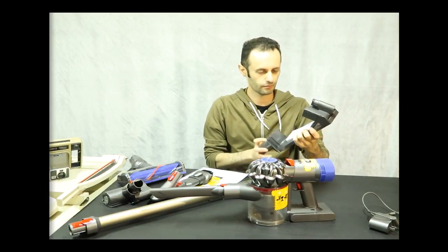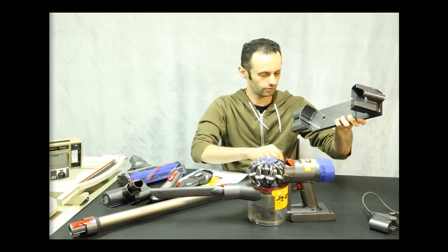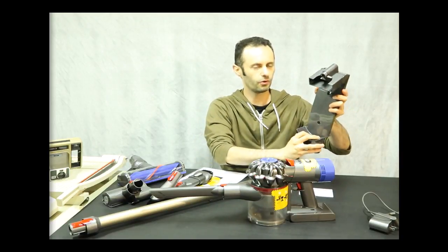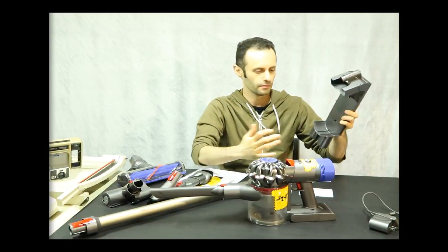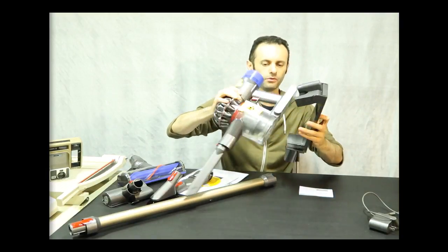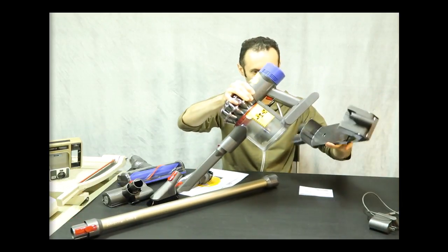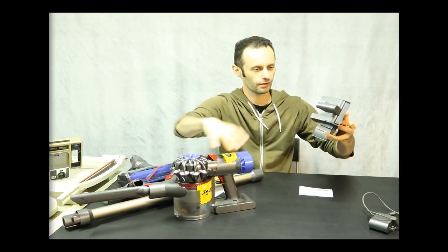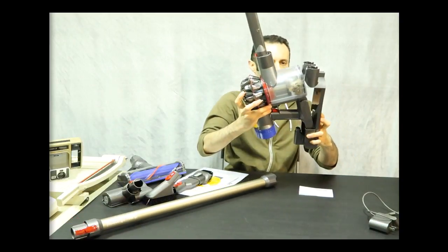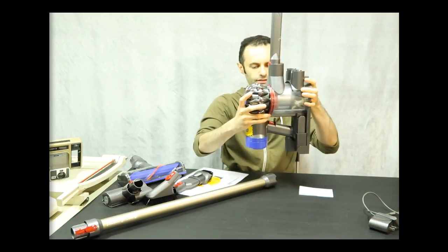Now, here's a cool thing about this. I didn't see those extra things in here, so I don't know, you probably have to buy 2 screws in order to put this on the wall. But it comes with this handy thing, so you can actually put this on the wall. Not sure exactly how. Oh, this way, I think. I don't know how exactly you're going to be putting it in here. Oh, that's how it goes. Right there, so it goes like that. There we go. Put this in. And what it does, it's supposed to...